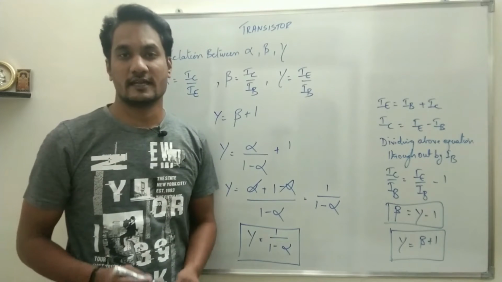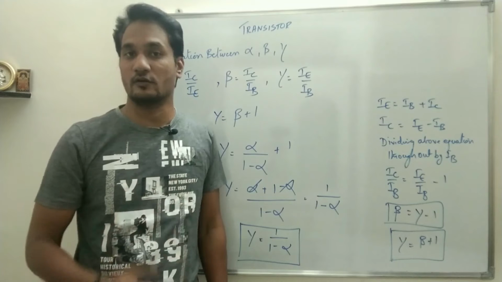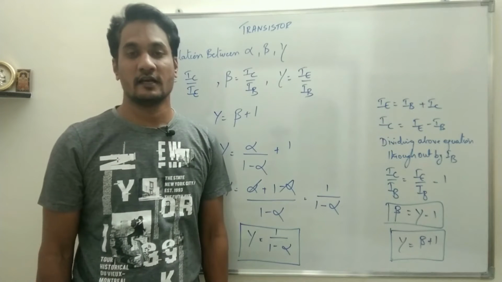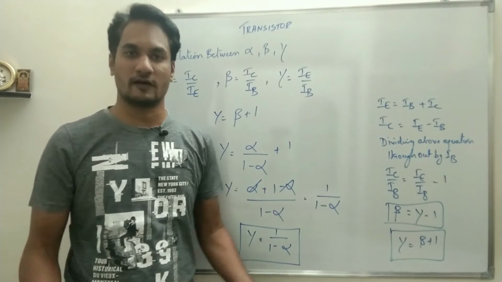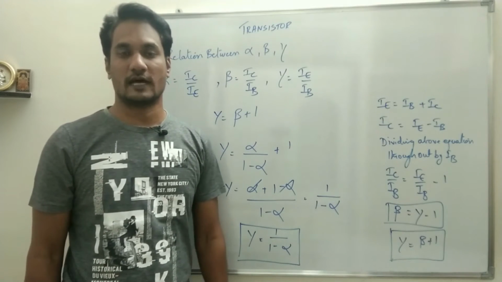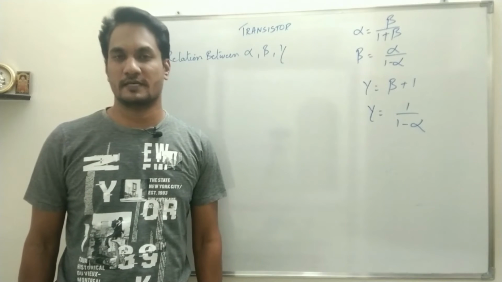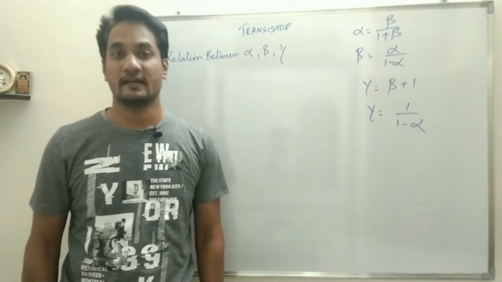So now in the next part, we will substitute, we will be given one value. That means suppose if you have been given alpha, you need to calculate the value of beta. If you are given beta, then you have to calculate the value of alpha. Similarly, you just have to substitute the value and get the answer. Let us now solve a few problems based on interconversion of alpha, beta and gamma.